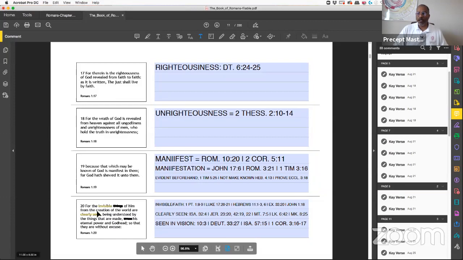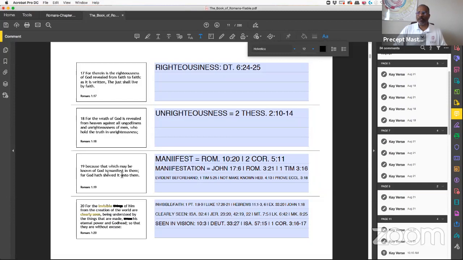But then with here, we need to see some of these key things on what I did. And if you look here, what do we focus in on? Invisible and clearly seen. So you can sit there and hear, and you can see manifest, because that was made known. Invisible and clearly seen. It was made known.